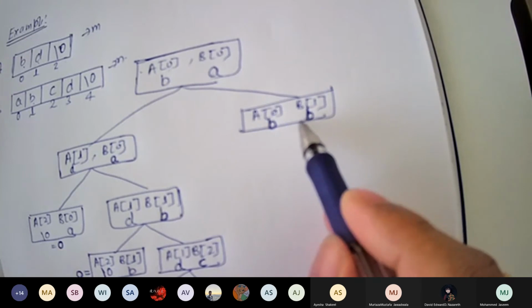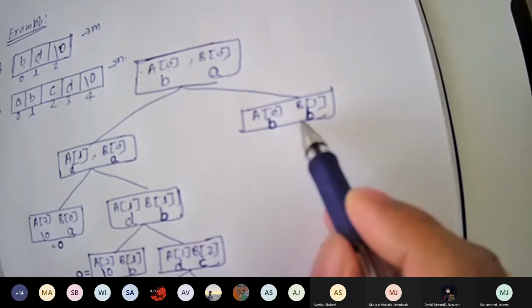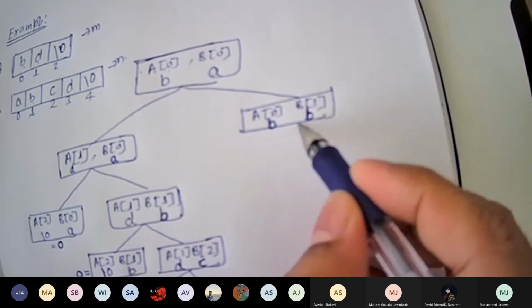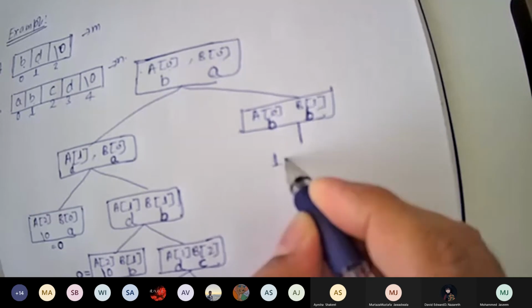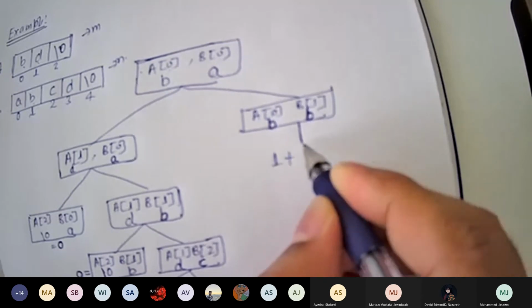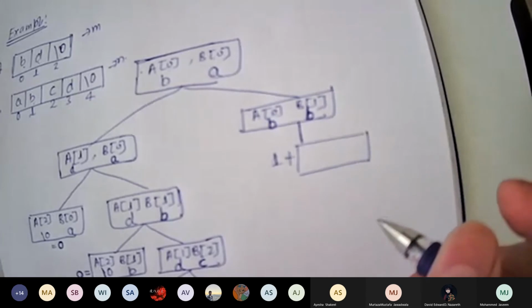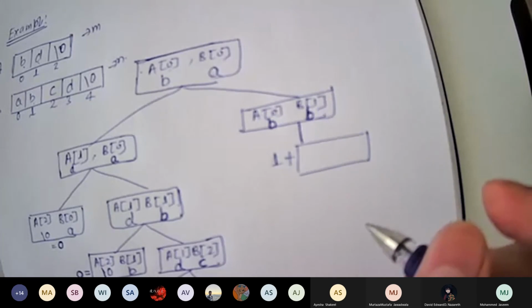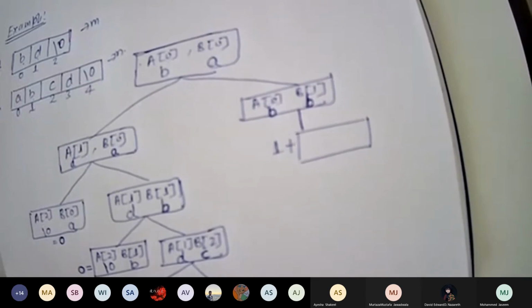Here both values are same. So if both values are same, what will you get? Will you get 2? No. You will get only 1. That is 1 plus A of 1 and B of 2.